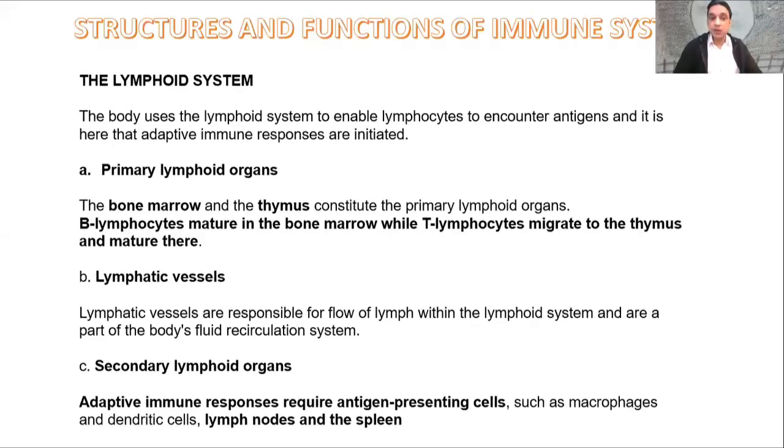The third thing is the secondary lymphoid organs. They are involved in adaptive immune responses, in order to respond to new things, to meet with new stuff. There is a pathogen which can be dealt with the help of the innate immune system. We can deal with it. But if that pathogen is new, our lymphatic system,